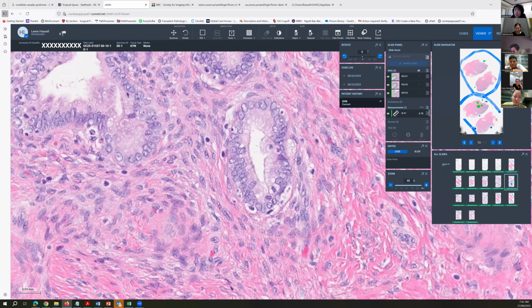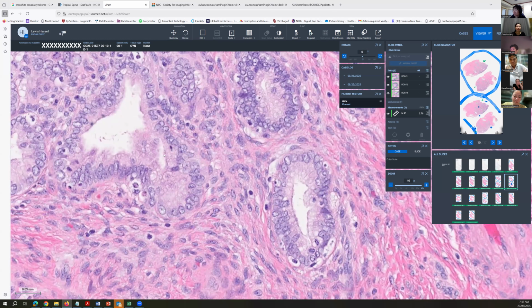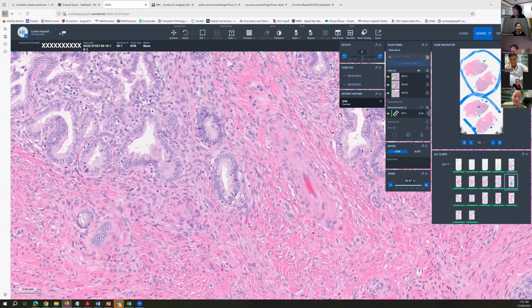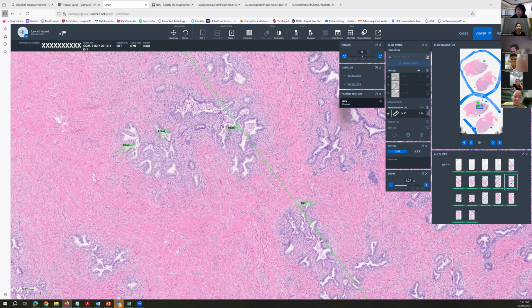And I don't know if Esther or Mini would want to agree with me on that, but I haven't seen it very often. This looked like a fairly good example to me of that kind of change, particularly when we had the other areas that showed a much more characteristic, typical endocervical adenocarcinoma pattern. So that's my first question I would ask my colleagues here. Have you ever seen these two patterns in the same patient, in the same lesion?